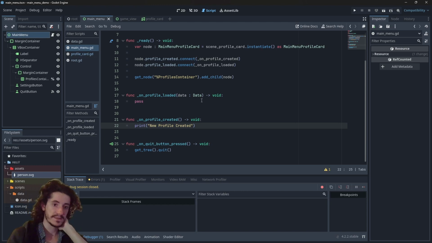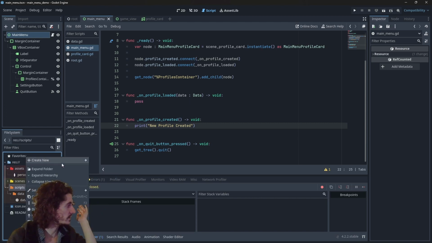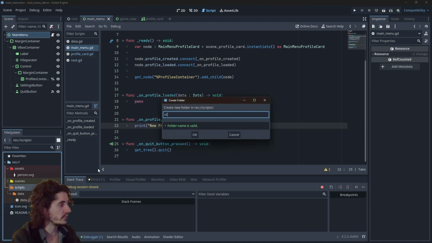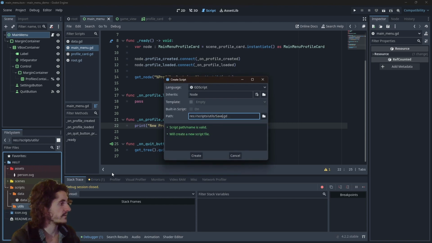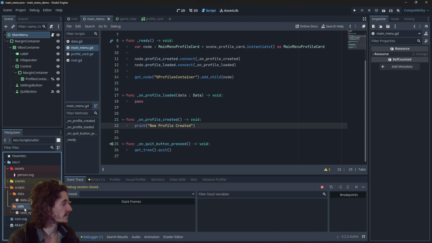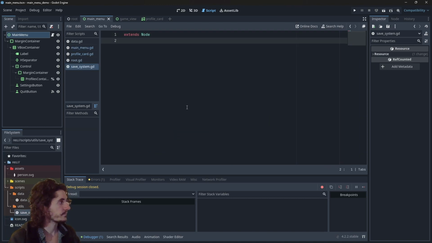Now that we have this, we have the actual call to create the new profile. So we need to do everything to create this new profile. So I'm going to create new scripts. I will create a folder for utils, and in there I'm going to create a SaveSystem.gd, which is going to be a bunch of static methods. So this is going to be SaveSystem,